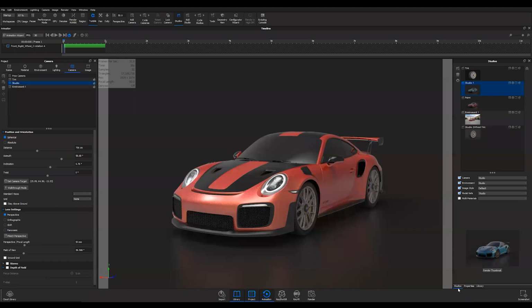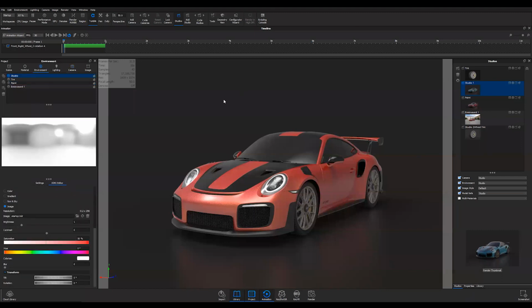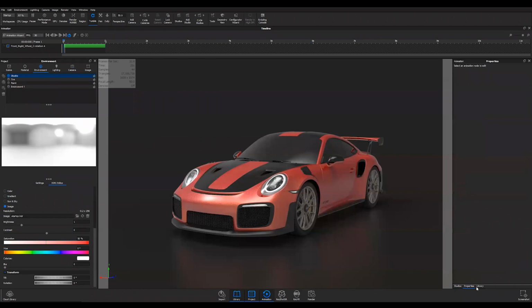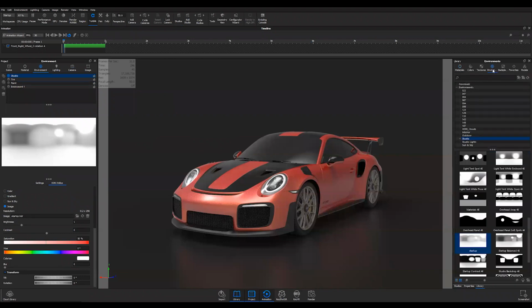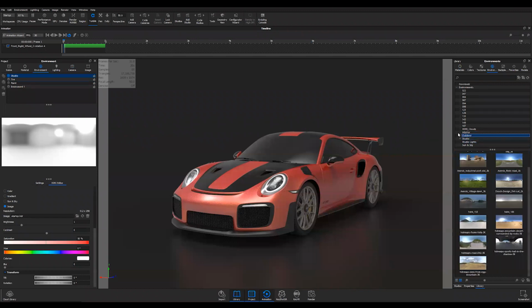But for our purposes, what I usually do straight up is go to my library, and what I like to do is add an environment type of dome. So I will go to